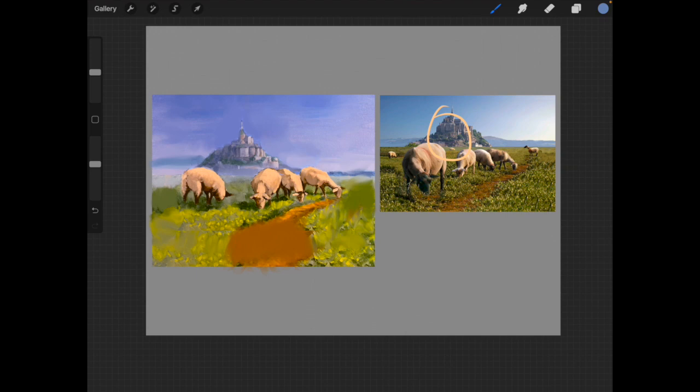In fact, we could even accentuate them some more, make them a little larger. Okay,